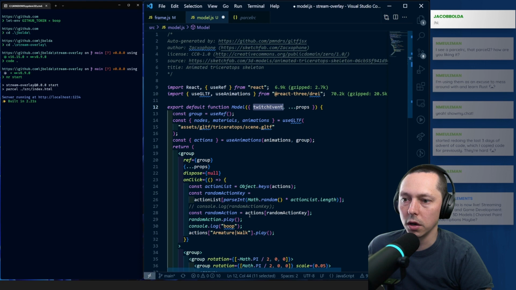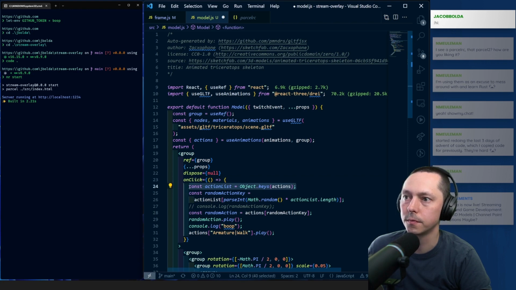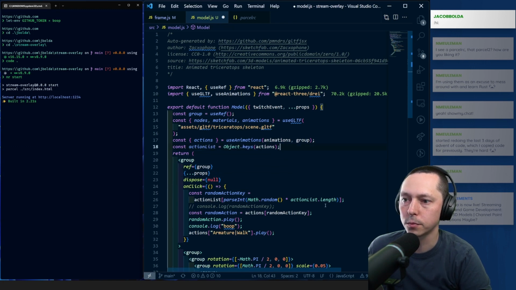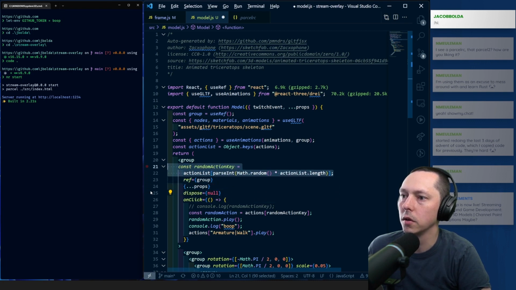So right now it does a random action every time we click on it. There you go, on click. On click, we get a list of actions. I'll actually move this up. This gives us a random action.